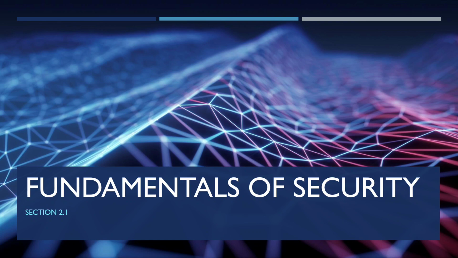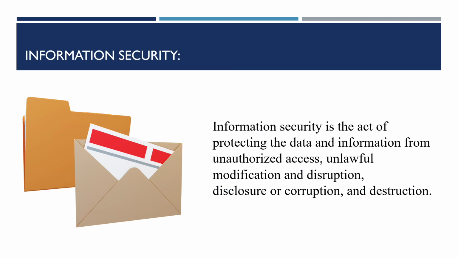Now, whenever you're working as a cybersecurity professional, you're going to hear people talk about two key terms. When we're talking about security, we talk about these as information security and information system security. It's important to know the difference, because these are two different terms. Information security is the act of protecting the data and information from unauthorized access, unlawful modification and disruption, disclosure or corruption, and destruction. Simply put, when we talk about information security, we are talking about the data that the systems are holding,